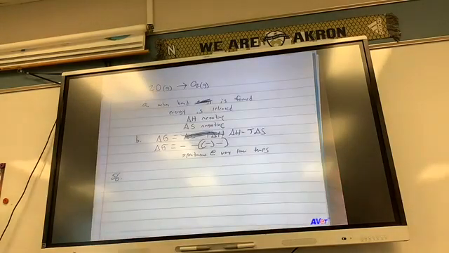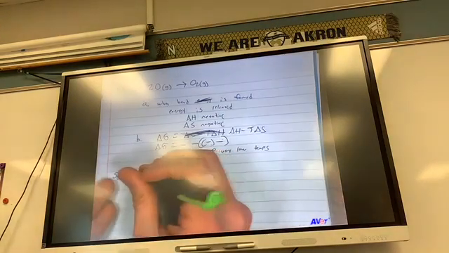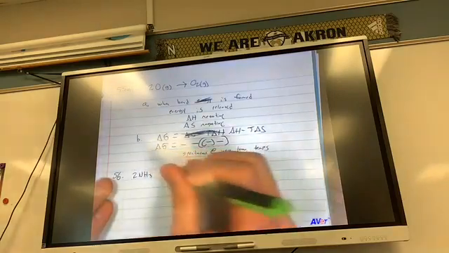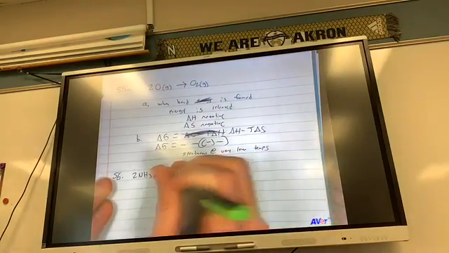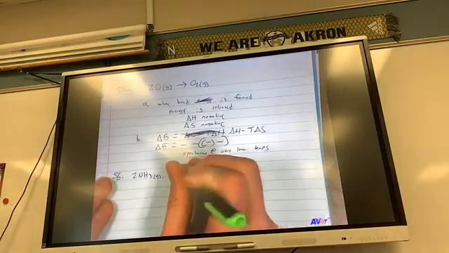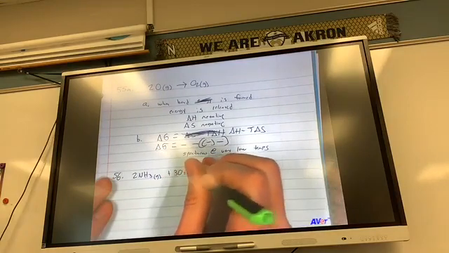Hydrogen cyanide is produced industrially by the following exothermic reaction. I have 2NH3 gas plus 3O2